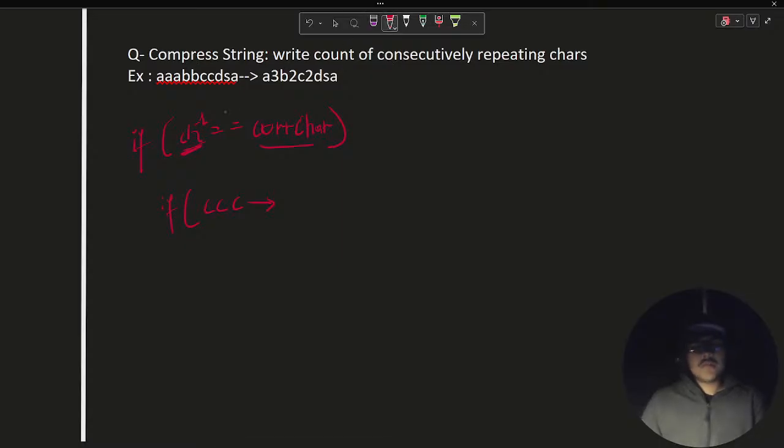So we want anything to ever take place only in a condition when the next character